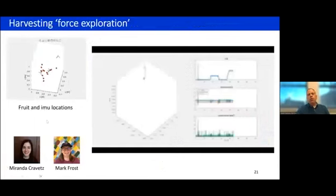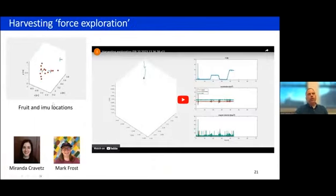Okay. When we were doing these picks, for some of the data collection, we were doing, I guess I would call it force exploration. And so what you see up here on this little visualization up on the top left is we have probed every fruit from a set workspace of the robot. So we park the robot at a spot. It can only reach so many apples in its workspace. We probe the positions of all those apples. And then what this visualization is showing is every pink one is showing the fruit that gets picked next in the sequence. And these reference frames are showing the locations of the IMUs that were installed during that pick as well. And then if I were to play this video here,